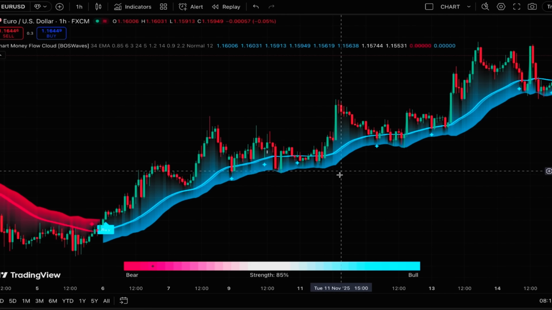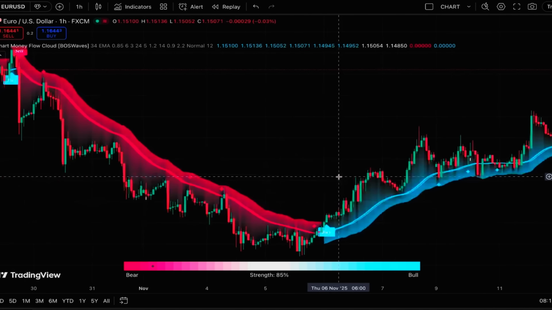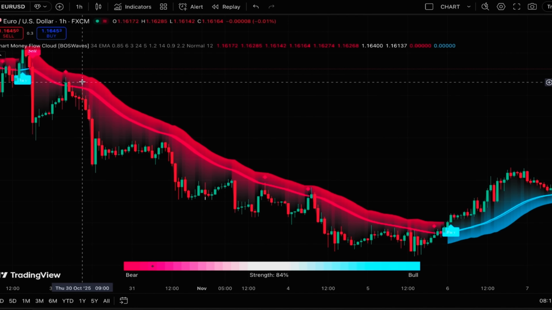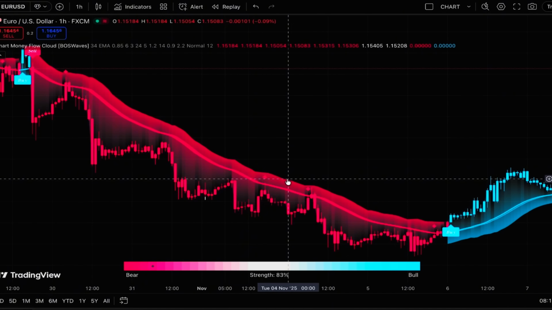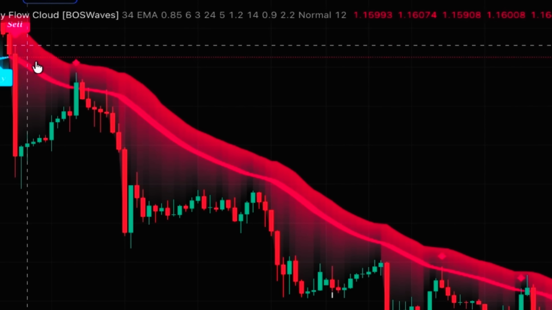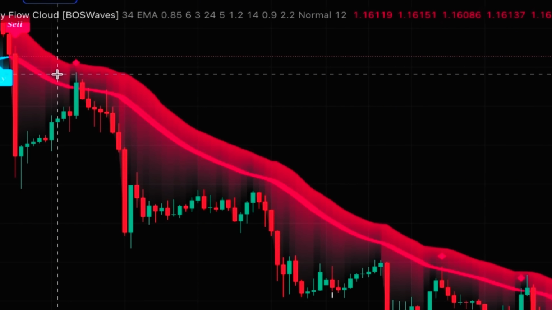In a trend following strategy, we use this indicator for trend identification, which means that we identify the current trend, and then with the help of another indicator or price action concepts, we try to find trading opportunities in the pullbacks inside the trend. As I said, the indicator itself also shows retest signals, and you can use these signals for entering a trade. For example, from here, you can see that the indicator is red, so we are in a downtrend